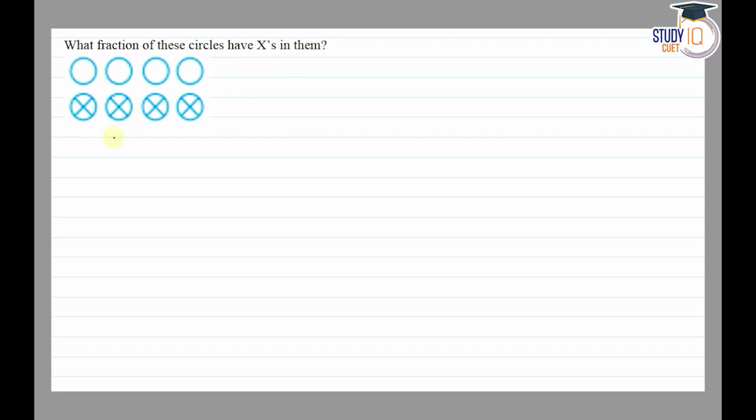So, हमारे पास फर्स्ट हम देखेंगे total number of circles is equal to 1, 2, 3, 4, 5, 6, 7, 8. So, हमें total 8 circles given है and